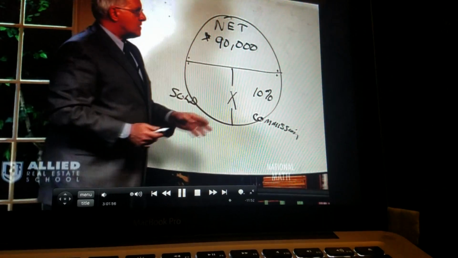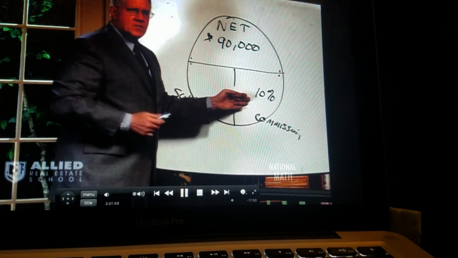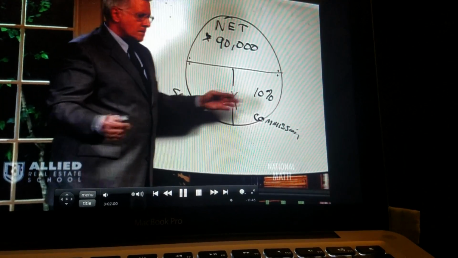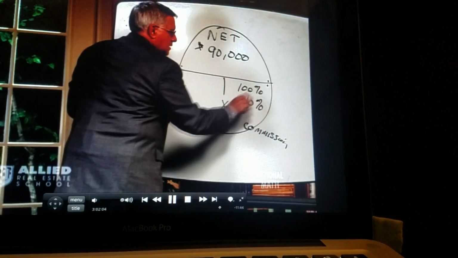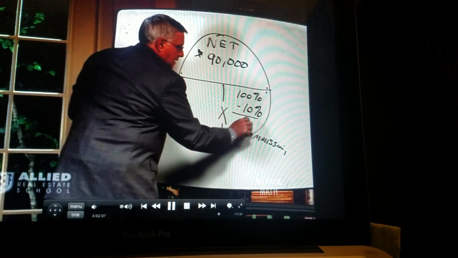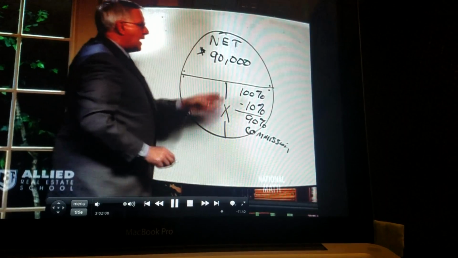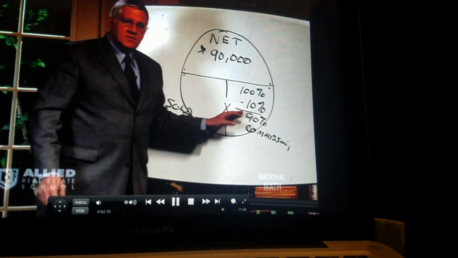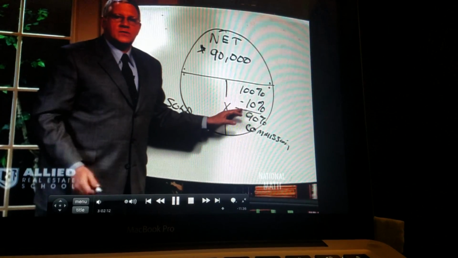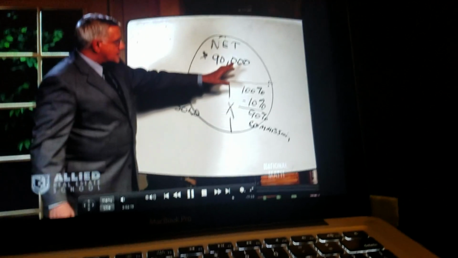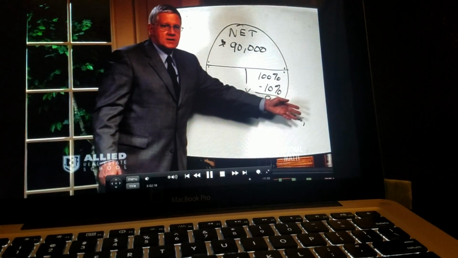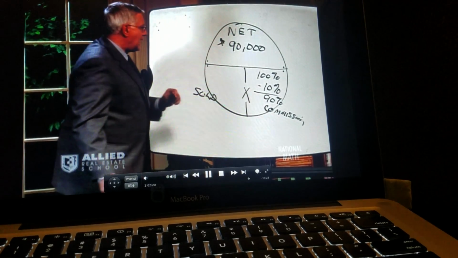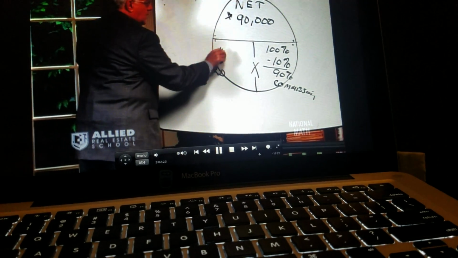Now, you think about this. Does 90,000 represent 10% of the sales price? No. But if we took that 100%, put it back in here, subtract 10%, does 90,000 represent 90% of the sales price? And the answer, of course, is yes. So we take 90,000 divided by 90. Again, use your percent key as a function key if it works that way. And we would get, you probably did this in your head,